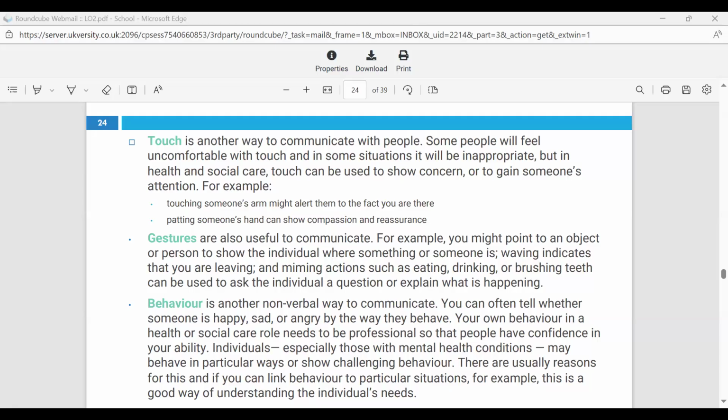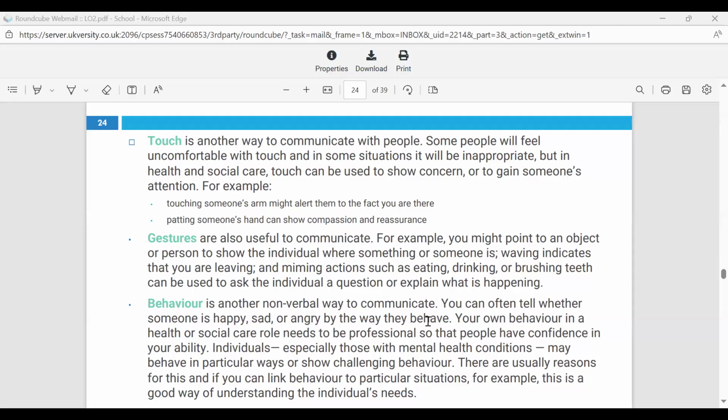Some religious people within probably the Muslim community will not take that lightly. They will think that a handshake or something is not good. So you've got to respect everyone's culture, and we're going to look at culture in more detail in a bit. Gestures, so for example, you might point to an object, or someone is waving and indicating,